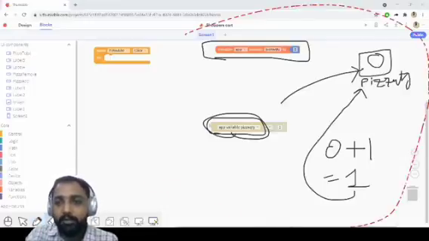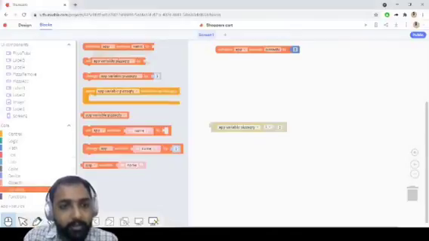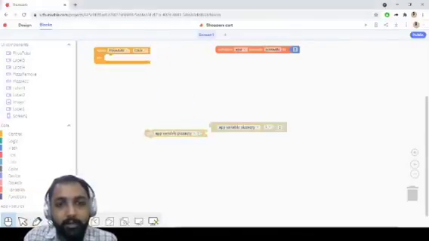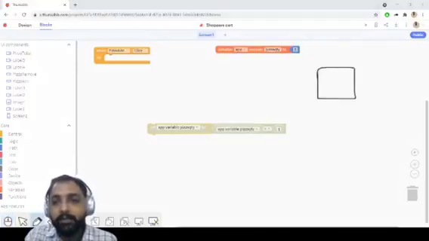So what you will do here is, I'll go to variables and I'll use this set command. What is this set command? Set app variable pizza quantity to the existing value plus 1. So what's going to happen is, see, this is my pizza quantity